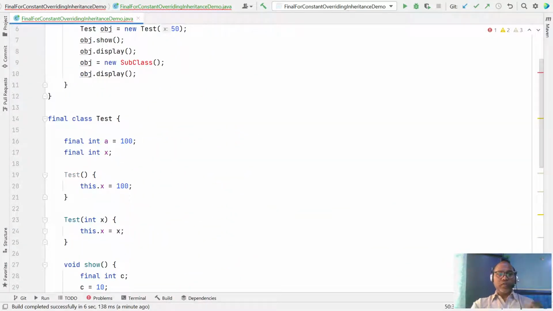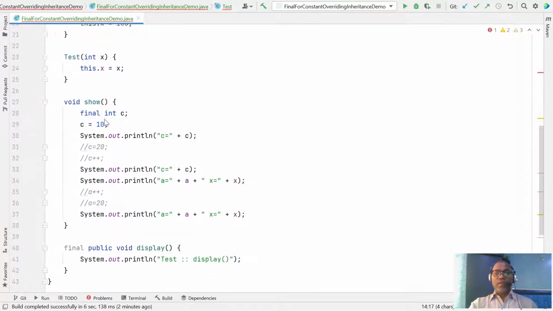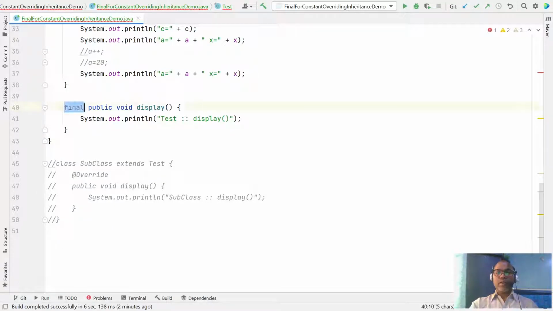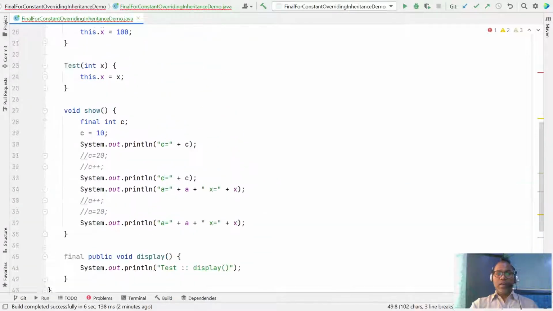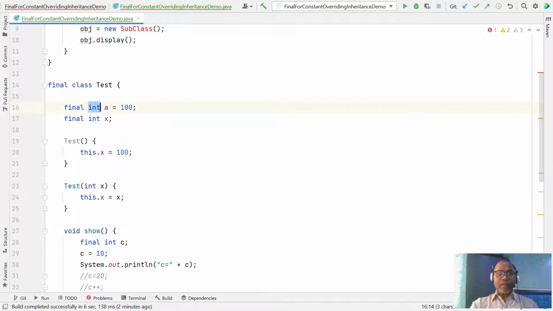The final keyword can be used against a class, which means no other class can extend your class. If you mark any method as final, that method cannot be overridden in a subclass. And if you mark any variable as final, the value cannot be reassigned or changed.